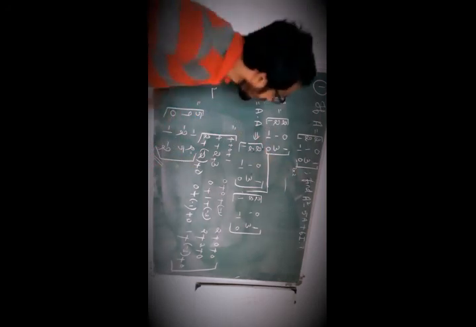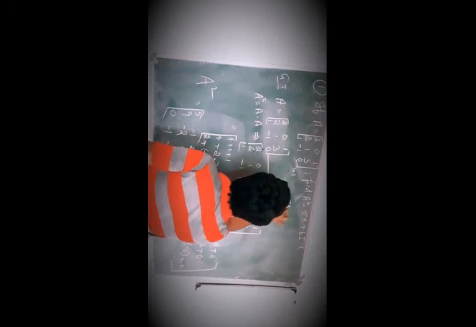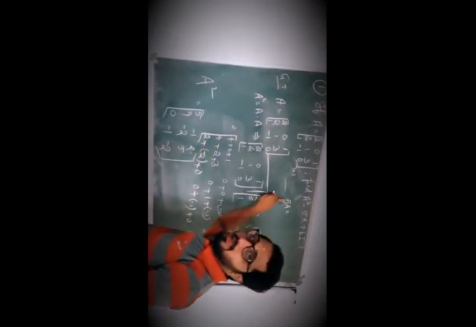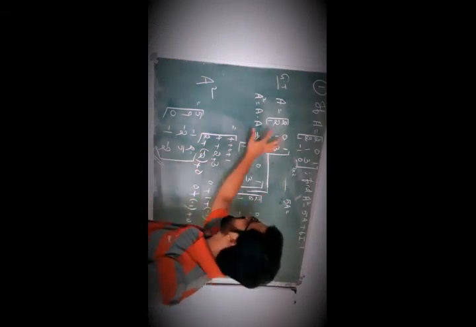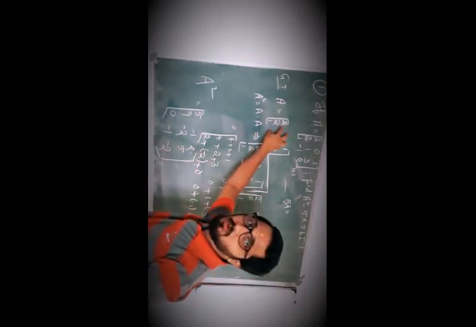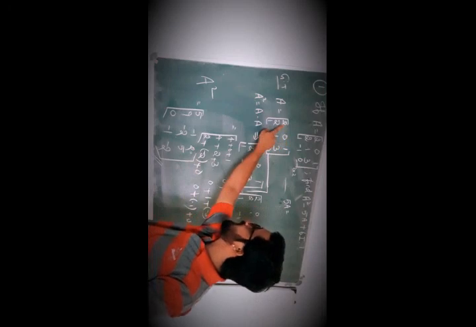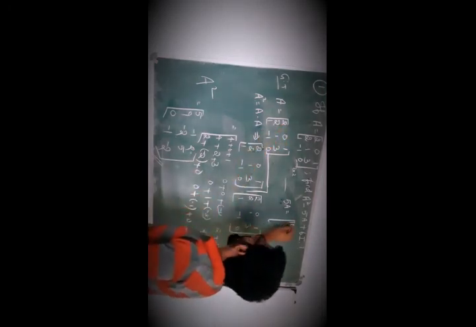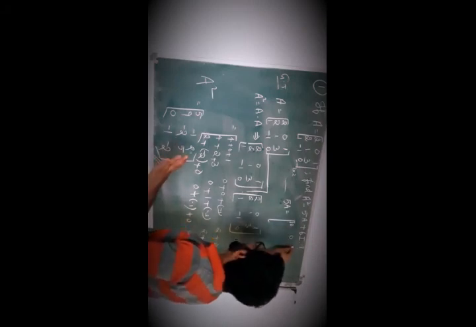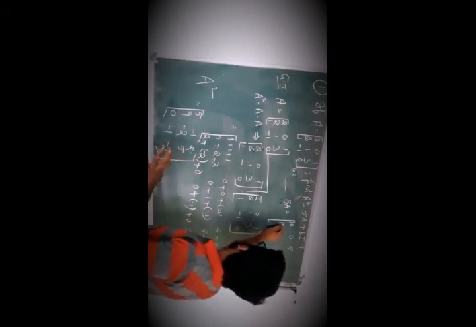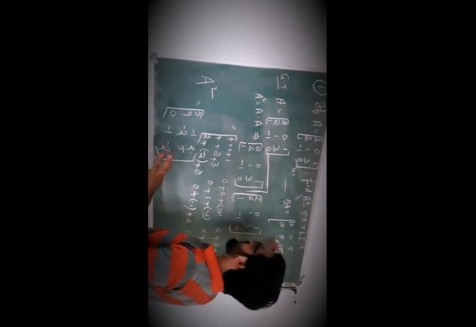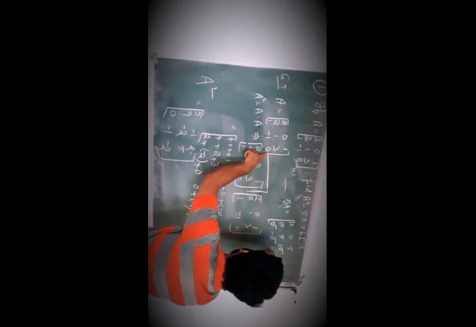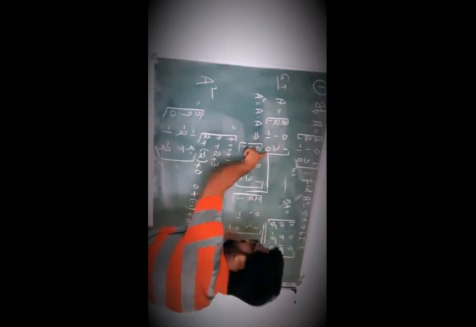Now next we have 5A. 5A means scalar multiplication. Yes or no? In place of lambda I have 5. That means every element in A I have to multiply with the scalar 5. That is 5 2s are 10, 5 0s are 0, 5 1s are 5, 5 2s are 10, 5 3s are 15, 5 1s are 5, 5 into minus 1 is minus 5, 5 into 0 is 0. This is nothing but 5A.